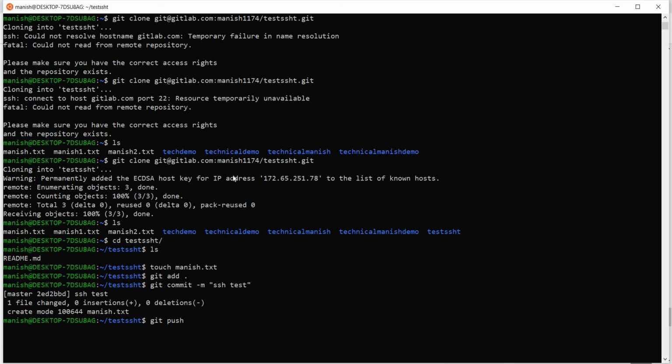So guys, this time it will not ask for any password or username, because it is pushing using our SSH key. And I did not give any passphrase for the SSH key, so it will push directly to this particular git repository.